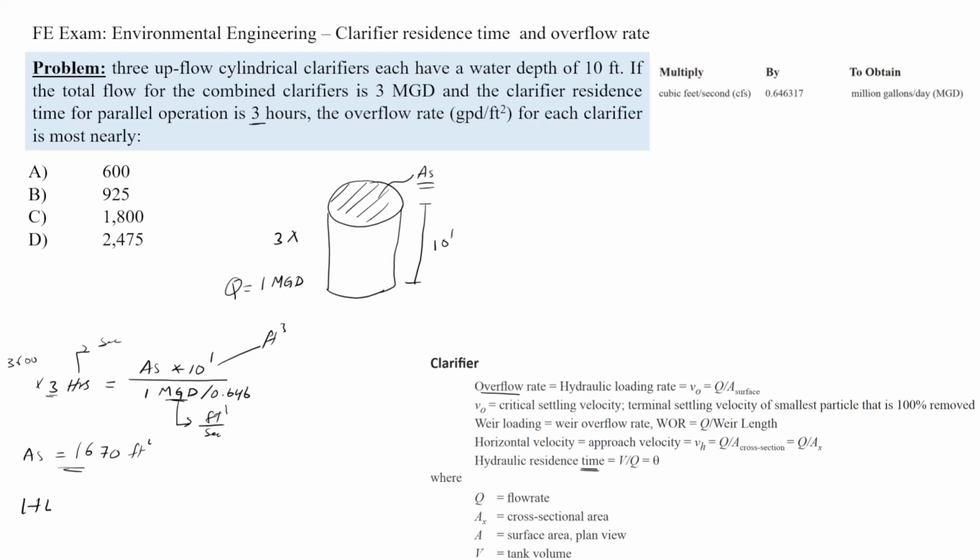So the hydraulic loading rate equals the flow. Now the flow, they need in gallons per day per square foot. So the flow is 1 million gallons, which is 1 multiplied by 10 to the power of 6 gallons per day, divided by the surface area, which is 1,670 square feet, and the answer would be 599 gallons per day per square foot, which is